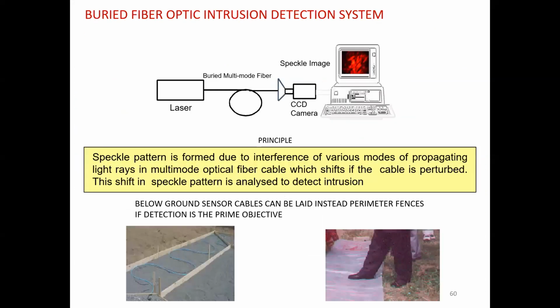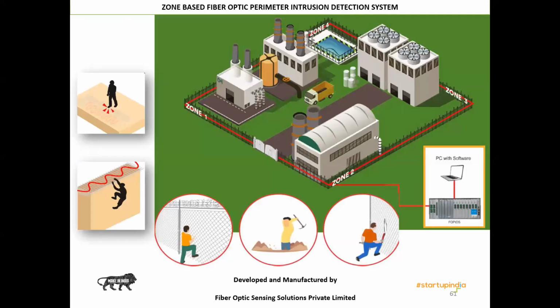So this is a buried system. I am showing the example. If we bury the system, this is a particular system which is monitored by us, which is developed by us. So we can put the optical fiber cable buried in the ground. If anybody comes near the ground, near the optical fiber, the ground vibration will transfer to the optical fiber, and